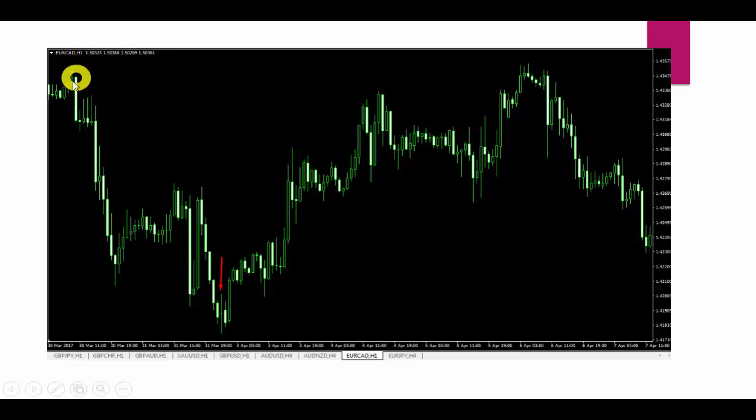It is the Euro CAD H1 chart. You can see the market was falling and we have a strong downward trend. Right here we got a doji candlestick pattern, a strong tug of war between buyers and sellers. After the doji, the market went up. You can see it right now. So in this case we will take a buy entry from this level. This lowest point will be our stop loss, and we will adjust our take profit with a 1:1 or 1:2 ratio.